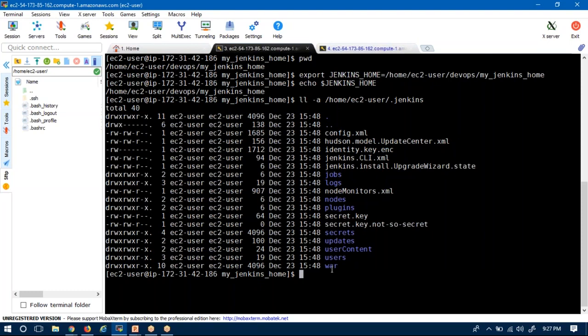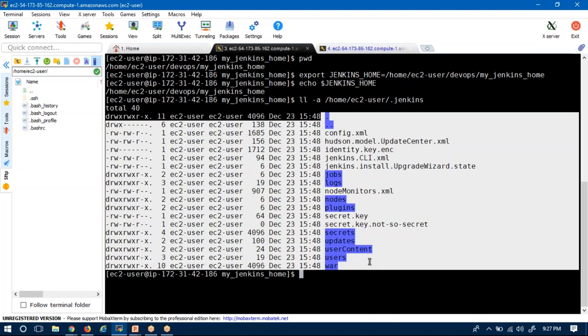Because after running Jenkins, based on your requirement, you may install or uninstall some plugins, or create some jobs, whatever it may be. All that information is stored under this location. By changing your home directory from the default to a different location, you don't want to lose all this configuration data. Because of that, you need to copy all these folder structures and files from your .jenkins into the new path where you want to store your home directory.